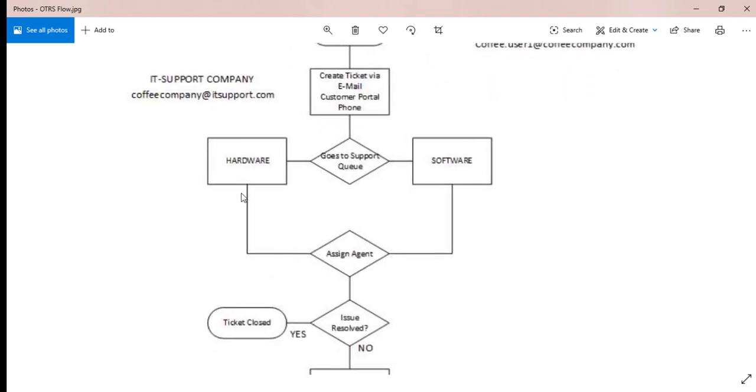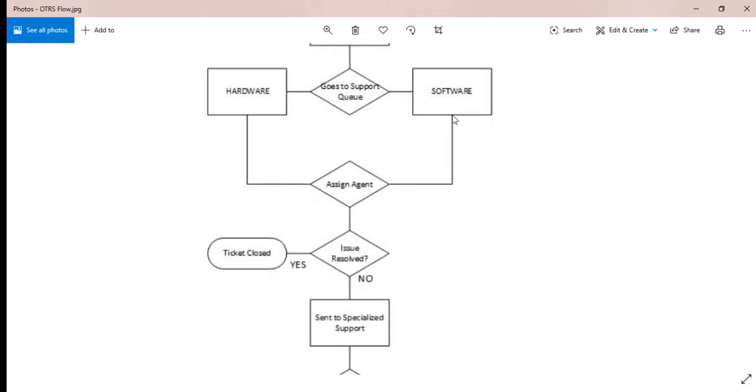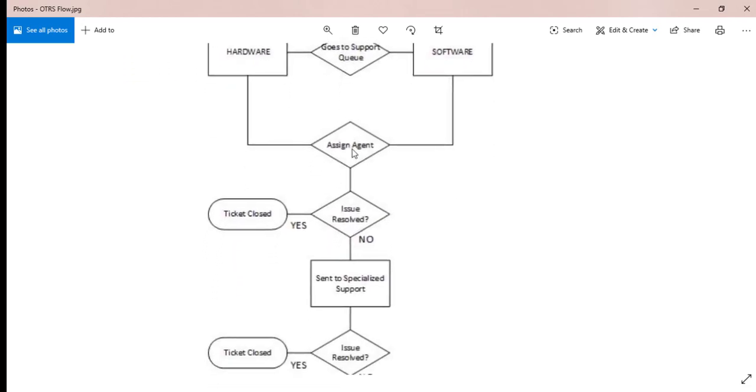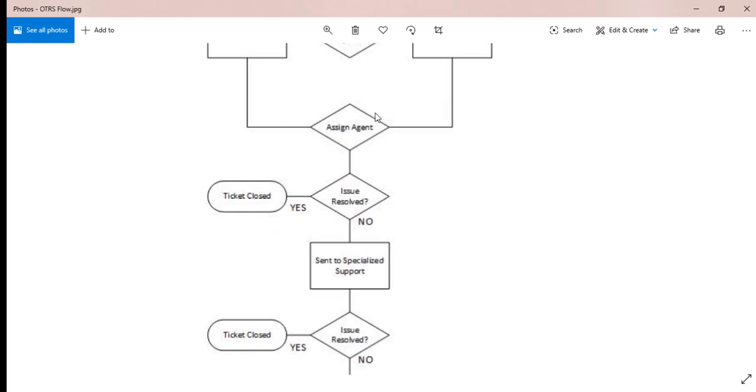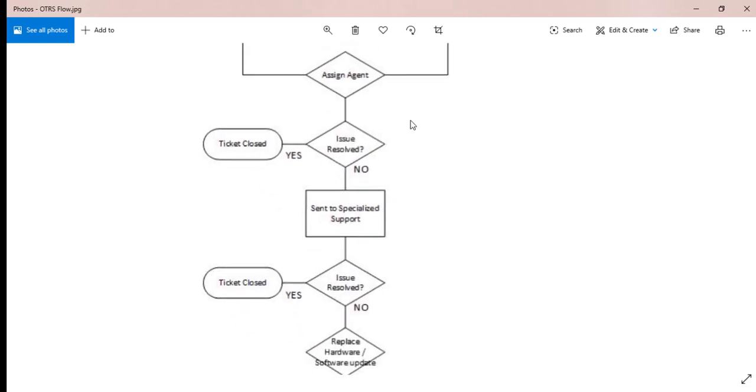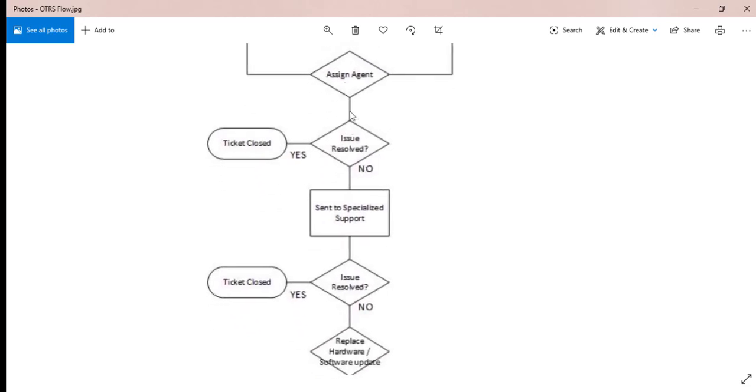This is the queue. It will ask whether it's a software or hardware problem. So I'm going to create two queues here, and the ticket will be assigned to the specific agent responsible for the specific queue, and the agent will take the call and try to resolve the ticket in a specific time period.